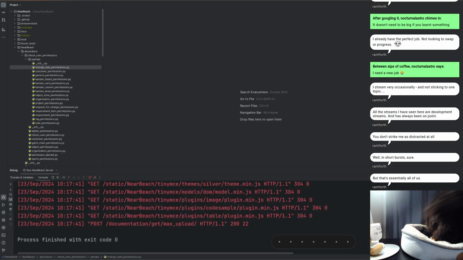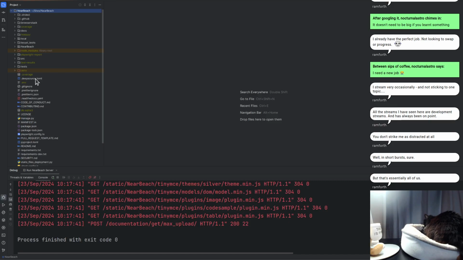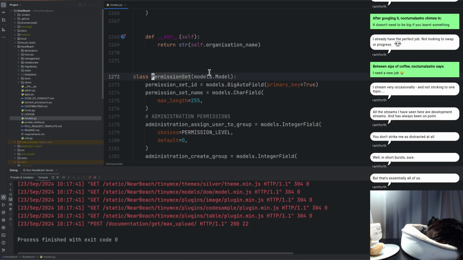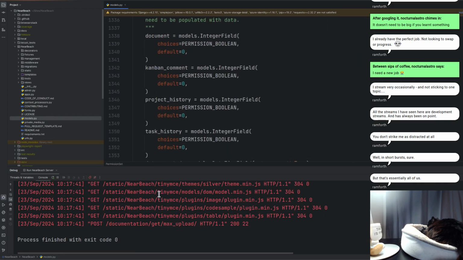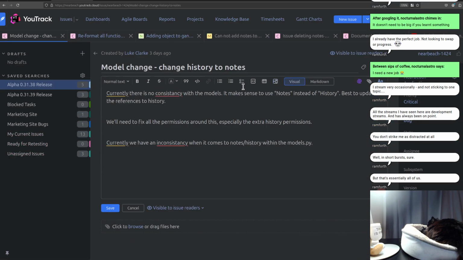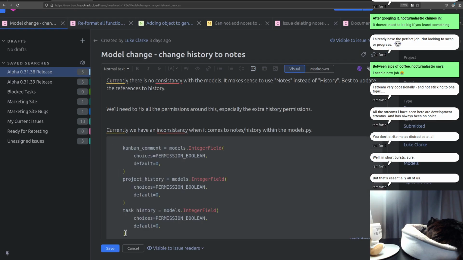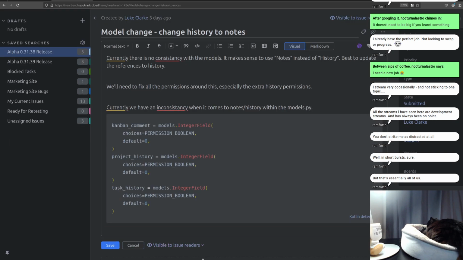And then what we could do is we minimize all of this, open up NearBeach, open up this, and we just scroll down to down here, and grab these lines, we go into here, code block, paste it in, do that, and then